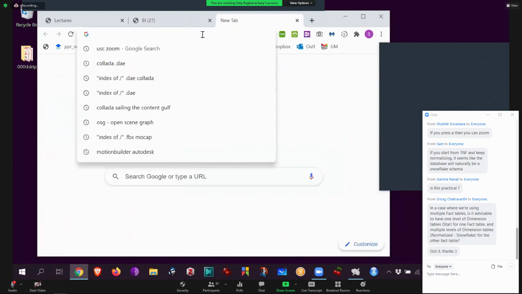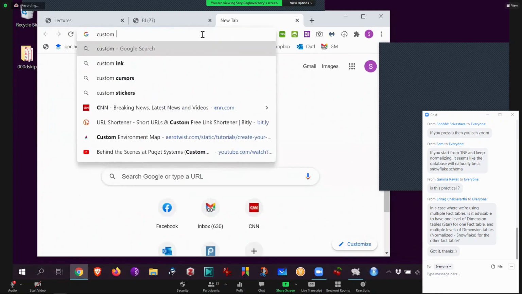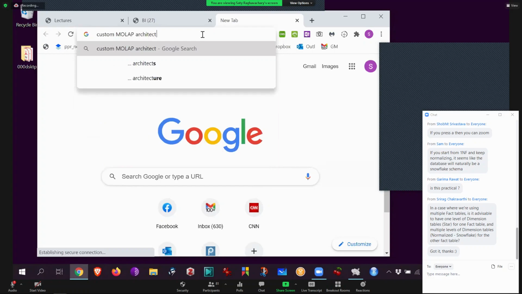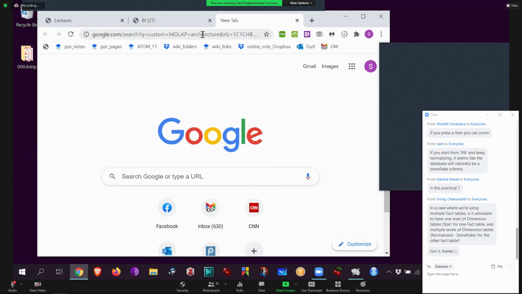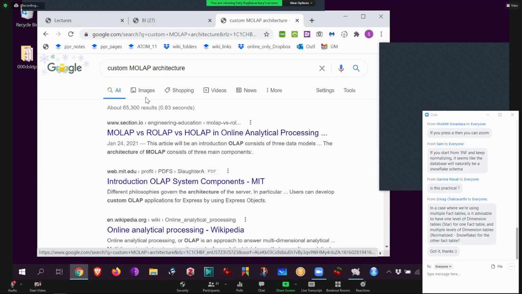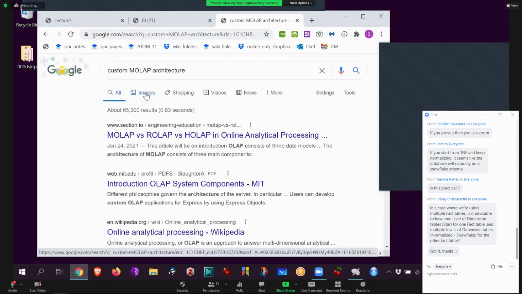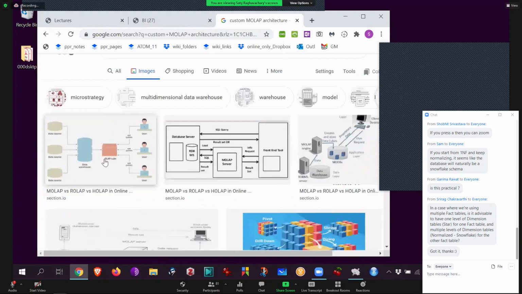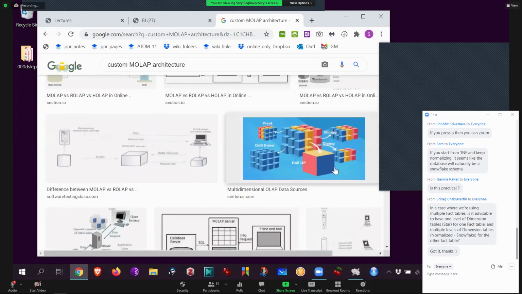Okay. Like this, right? What if I actually told you custom MOLAP architecture? Like that. It's a research topic as well. I like that. There's even a whole lot. It's like a whole bunch of them. You can actually see like what this looks like. Right. Till then, the same things that I tell you would be over here, okay, like that.